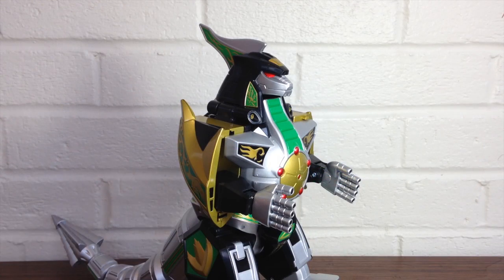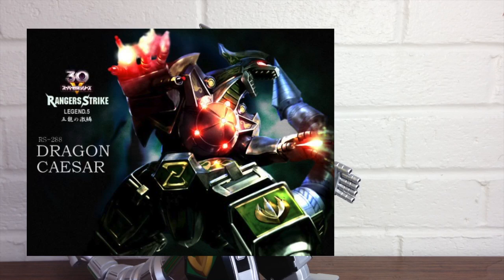So here we have the Dragonzord out of the box, and man, this just brings so many nostalgic memories back of being in the 90s and getting the Dragonzord when it first came out. A few differences. I know very little about Super Sentai, the original Japanese version of Power Rangers, but this was called Dragon Caesar in Zyuranger,